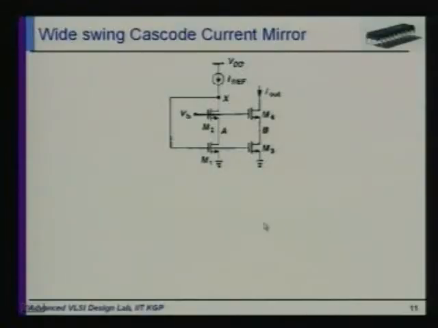Now we can go to that particular slide. This is nothing but that particular stage followed by another two MOS connected in series. These two transistors have the same gate connected to the VB voltage, and this one is connected to the same gate, which is connected to this particular point X. So if these two transistors are in saturation for a particular VB, then these two transistors will be in saturation, but the problem is with the I out.